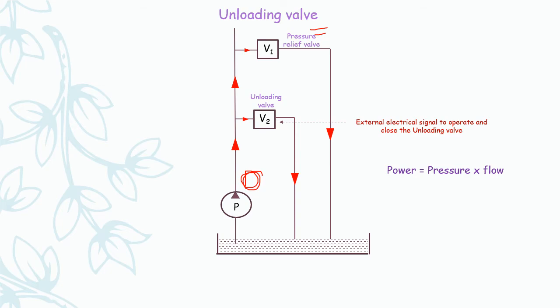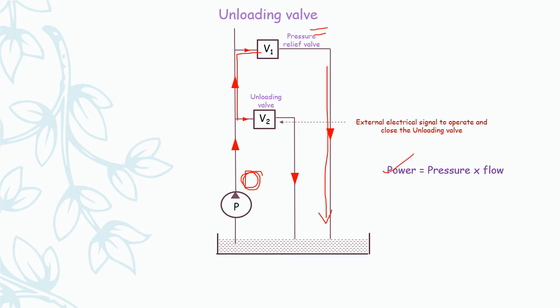So if the pump is kept continuously on, so in no load conditions, the pressure relief valve will be opened and high pressure oil will be collected back to the hydraulic tank. But this will result in power loss and increasing of the oil temperature, as the wasted energy is converted into heat.